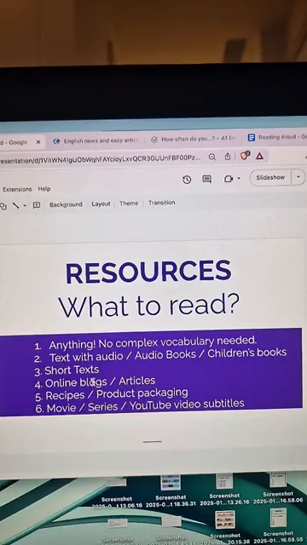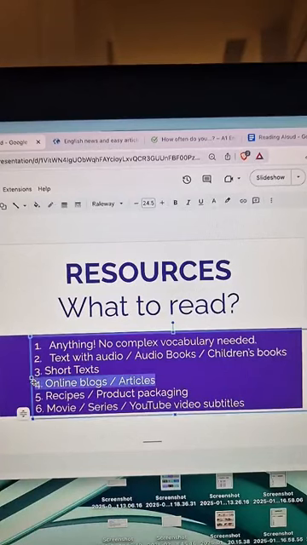Okay, other things. Online blogs, articles, recipes, product packaging. While you're eating your cereal in the morning, if it's in English, of course, you can just grab the box and read whatever's on the box, the package, out loud. Or even sometimes, for example, when I buy medicine, I do it in Spanish because I